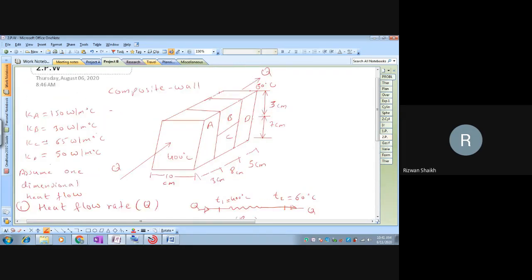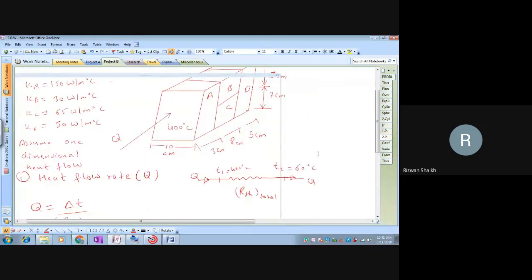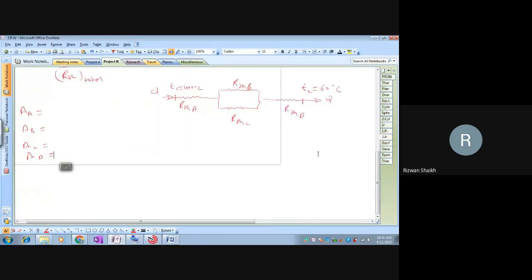Get back to the figure. This is your layer A. To calculate the area, this is the length, this is the breadth, and this is the thickness of your layer A. So area will be length into breadth. Length is 10 centimeter and breadth is also 7 plus 3, 10 centimeter. Is it 10 centimeter into 10 centimeter? That is the first area. Okay, so in that way you can write. So 10 centimeter is 0.1 into 0.1. Is it clear? So it comes to 0.01 meter square.